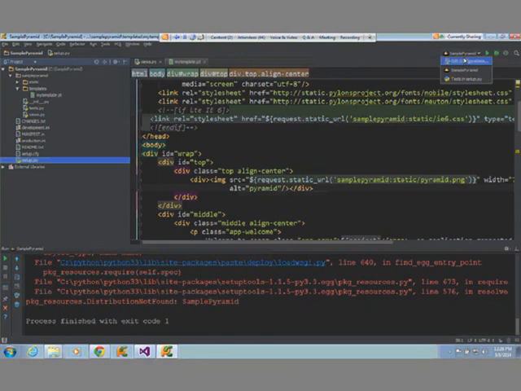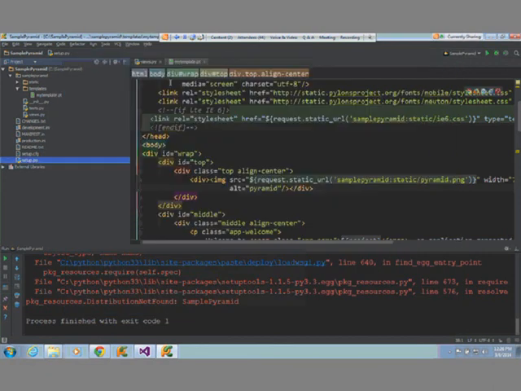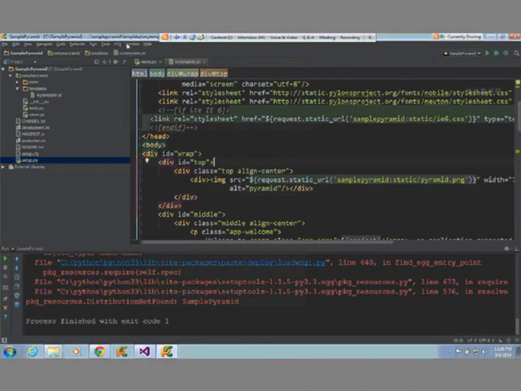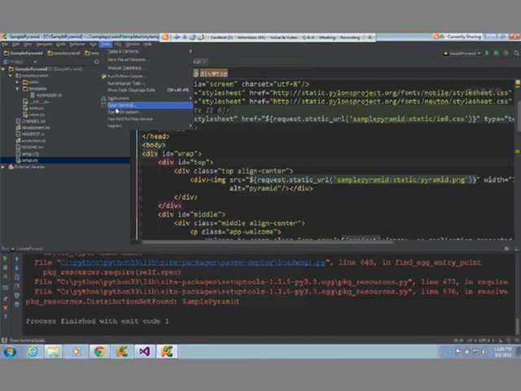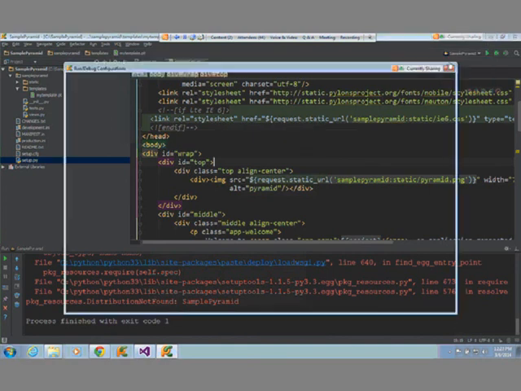Hold on. Not sure this is doing what we want here. No, it's running the wrong one. Let's switch over here. Sorry, guys.